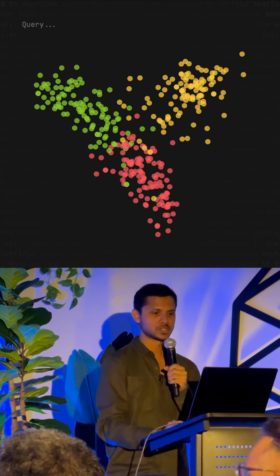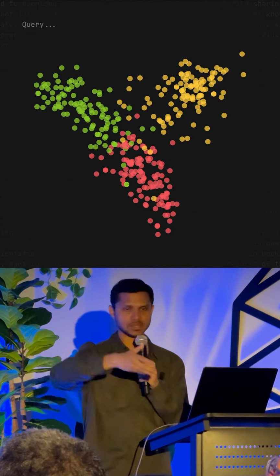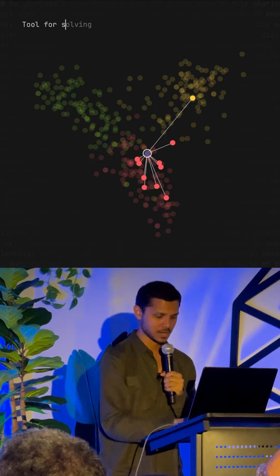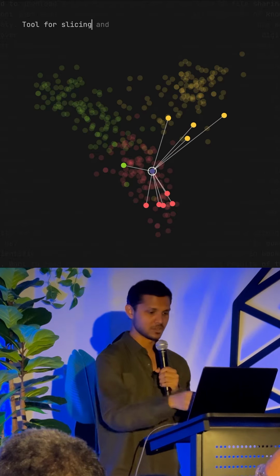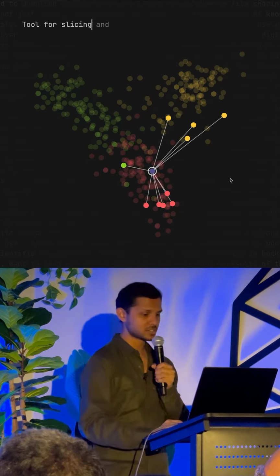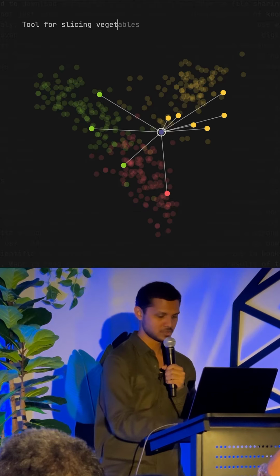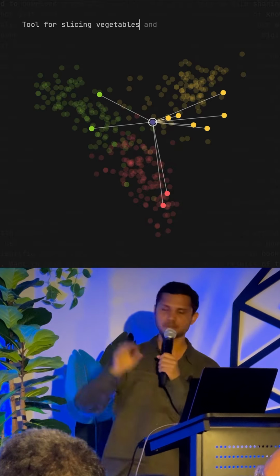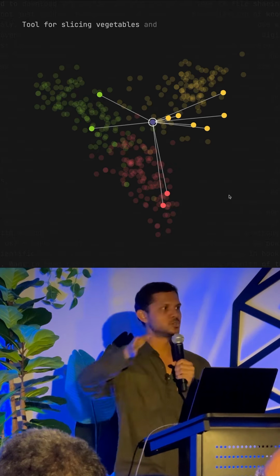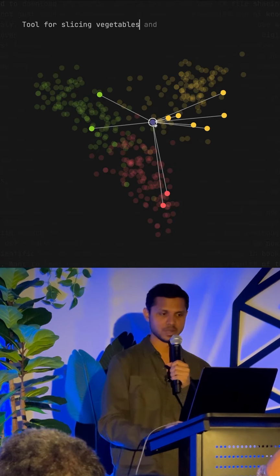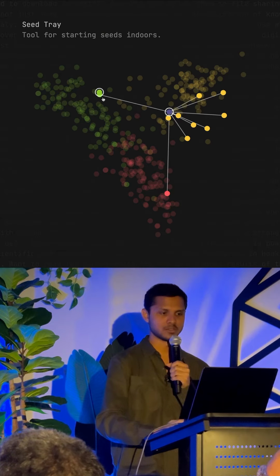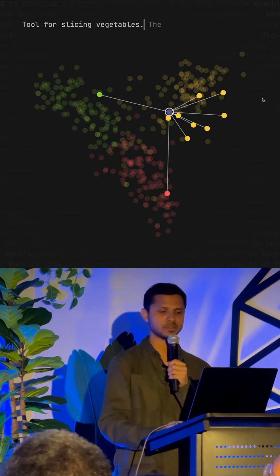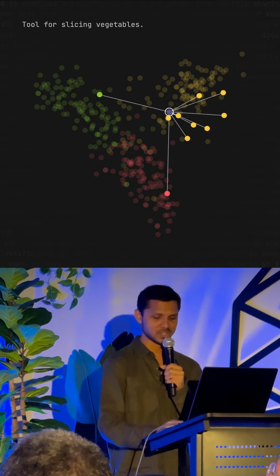And lastly, you can of course take any query that the user wants to inject into this. Let's say I'm looking for a new tool for slicing. Slicing seems like maybe it's in the woodworking cluster. Tools for slicing vegetables. Now it seems to be in the food cluster, right? So I wanted to do this live demo where as I type, the embedding moves through that vector space, and you can see the nearest neighbors change as well. So slicing vegetables, now we can hover over this one, which is harvesting vegetables, or this one, which is chopping food. So yeah, that's generally what I wanted to